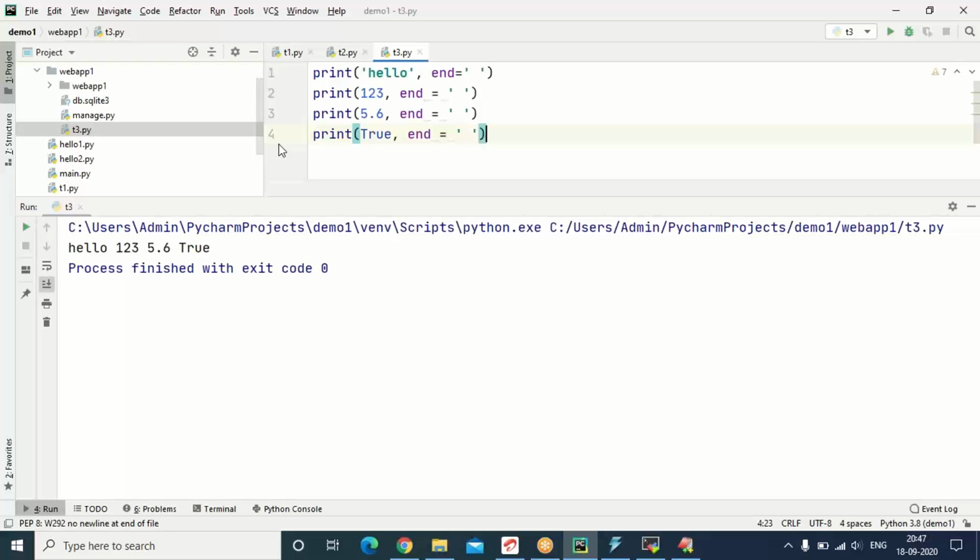Go for end, specify the separator. What could be the separator? I'm choosing a space as a separator. In the same line it will be printing. It won't produce a new line once printing is over. Once printing is over, it provides a delimiter and retains in the same line.